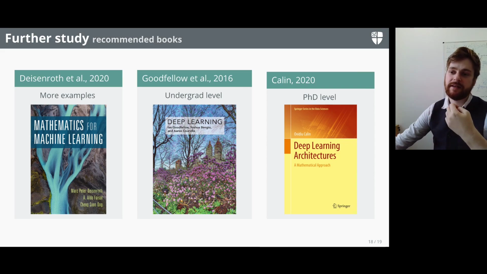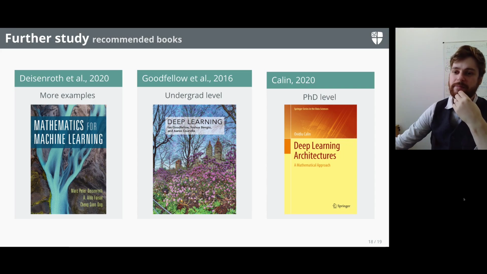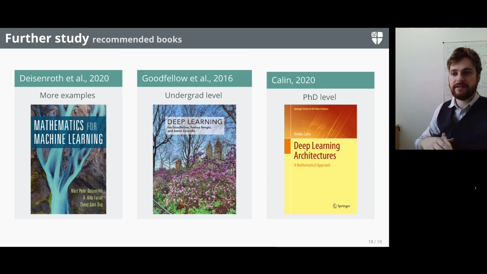If you've forgotten some of the maths or are confused by any mathematical notation or concepts, I recommend Marc Deisenroth's Mathematics for Machine Learning book. It's well formatted, it has lots of examples, and it doesn't go crazily beyond the foundational maths required in machine learning. It's a very good recap. Ian Goodfellow's book is very famous. It's a bit too waffly for my tastes, but I recommend scanning through it,